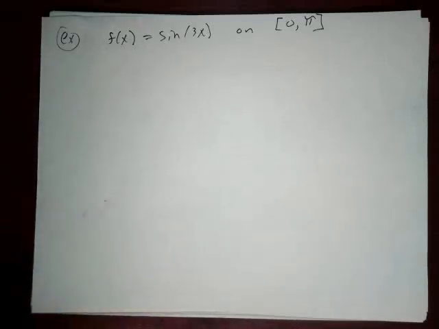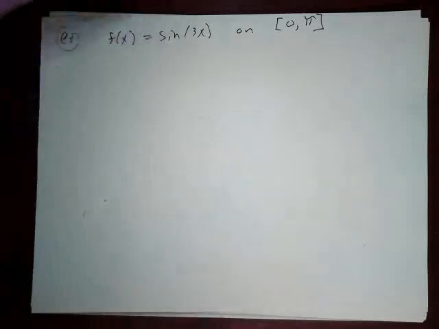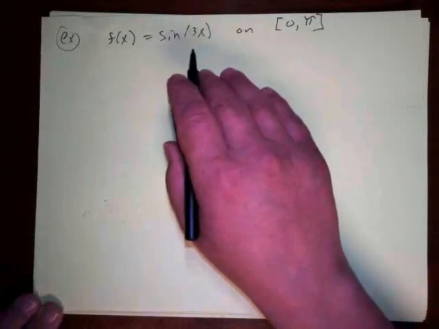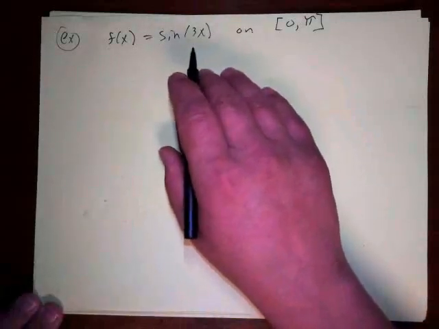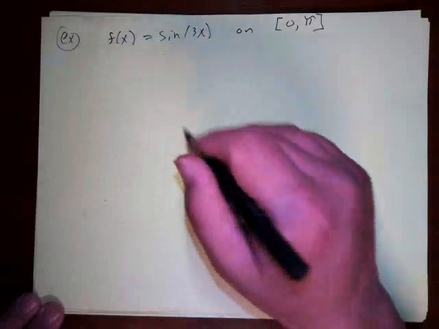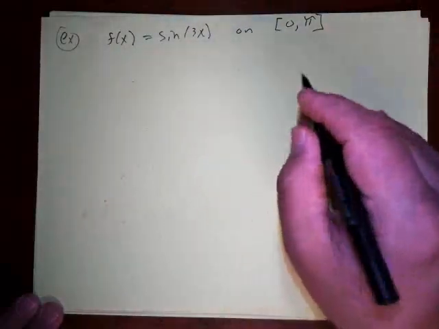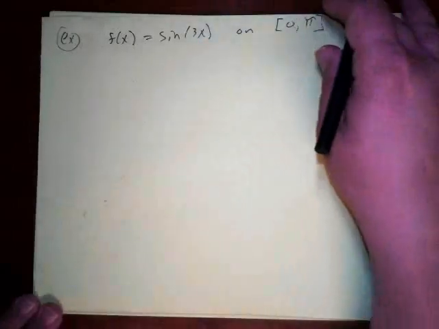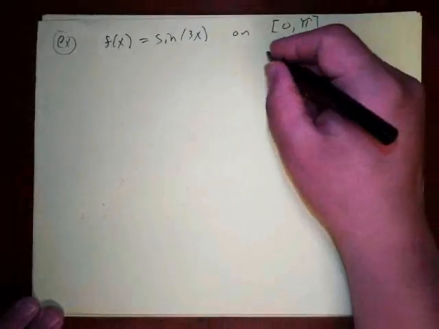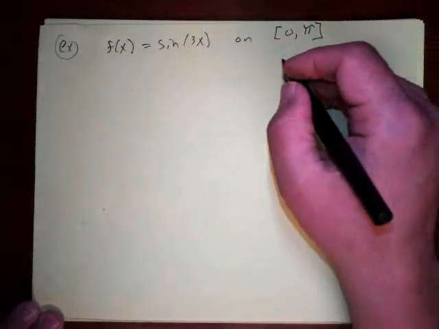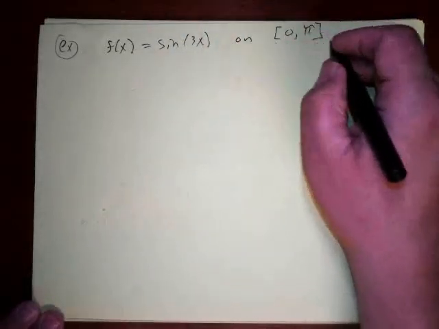Now let's use the first derivative test to find the relative min and maximum and the absolute min and maximum values for trig functions. So trig functions oscillate up and down, and so they're going to have probably an infinite number of relative min and maximum values. And so usually when you're given a trig problem, they're going to give you an interval that